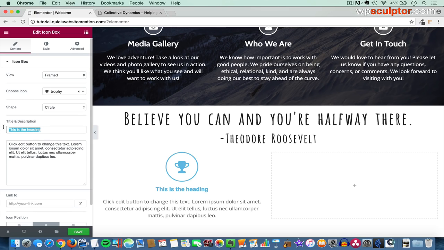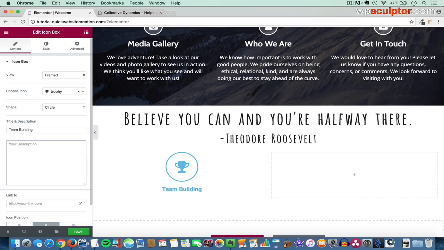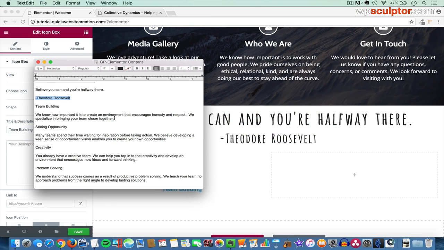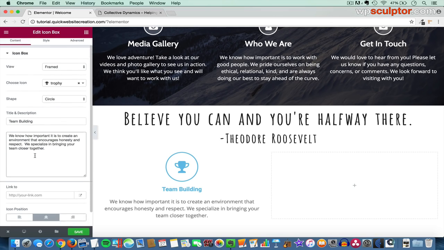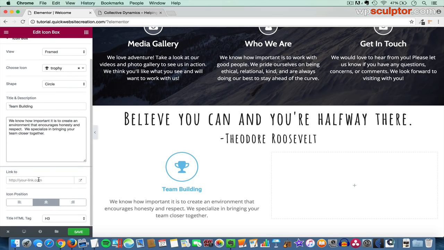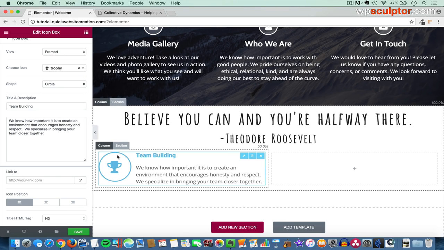And then I'll replace the title with team building, so I'll just type that in, and then I'll select the description, delete it, and I'll copy and paste some text that I've got here. And then I'm not going to use a link for these icons, but I am going to change the icon position to the left. And when I click on that, you'll see that we now have a completely different alignment. We have our icon on the left and then our title and description on the right,